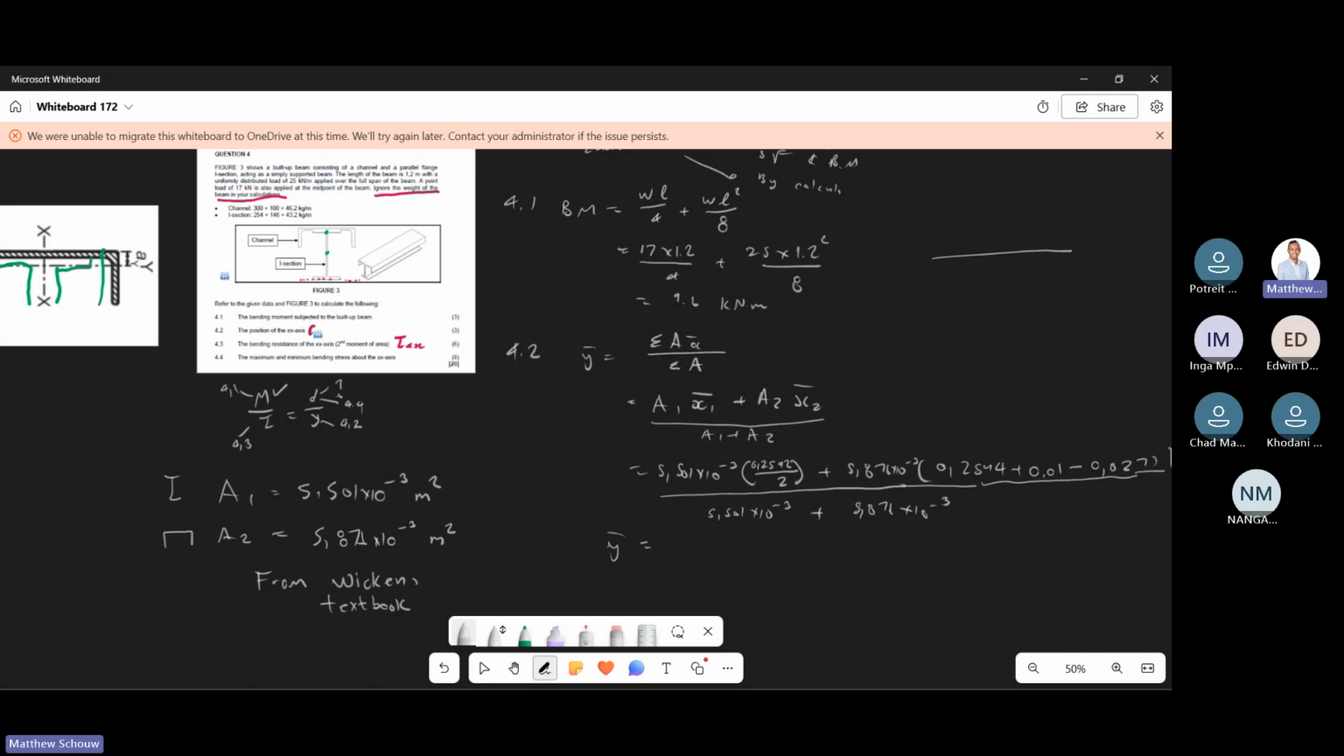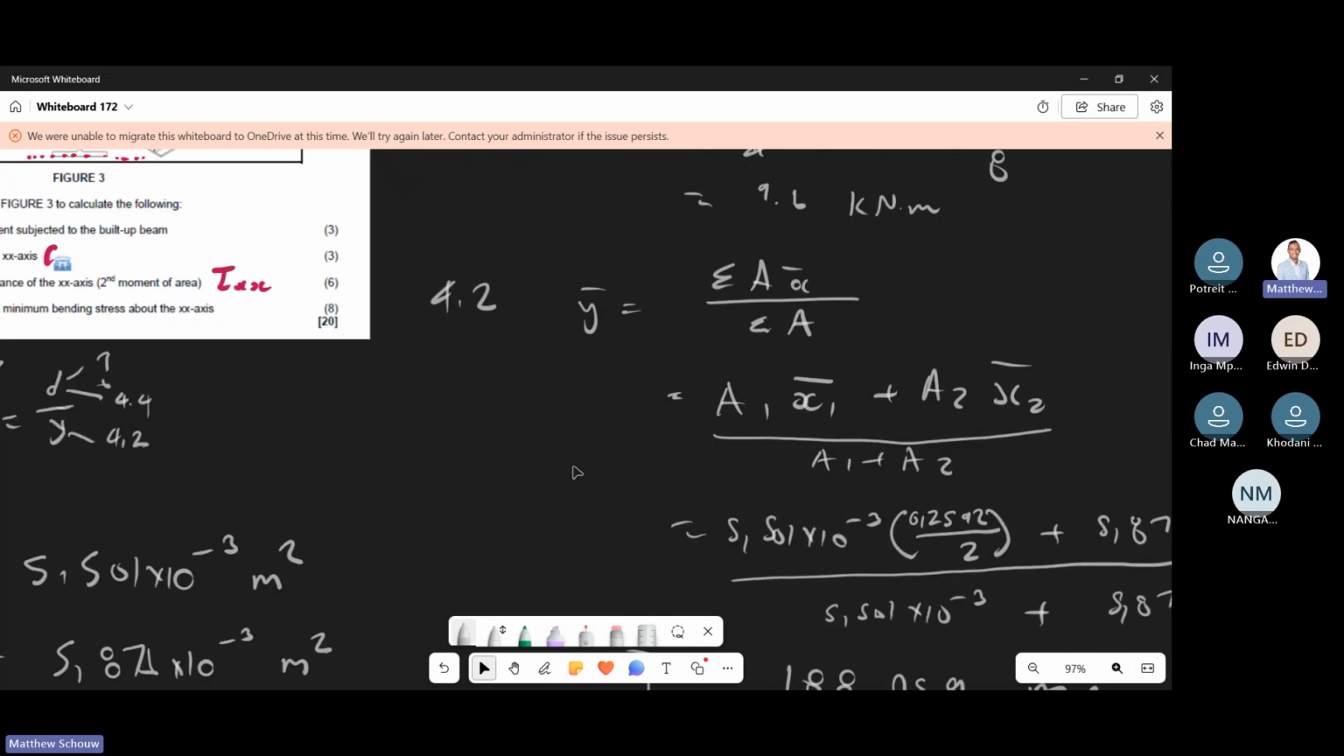Colleagues, what do we get? Portia? It's 188.059. That's in millimeters, right? Yes. Okay. So what I mean here, if I zoom my image again, the center of this assembly or bolted-up beam is basically,